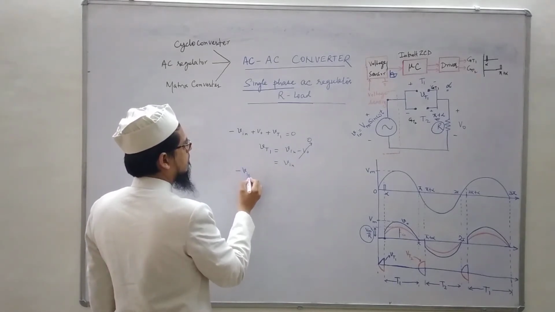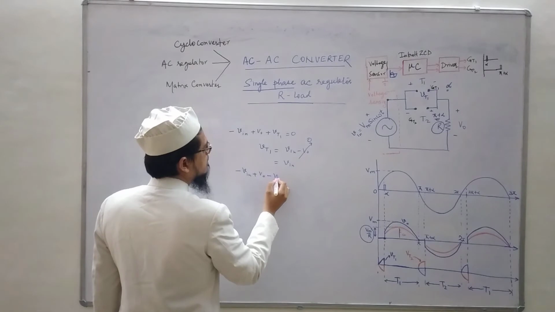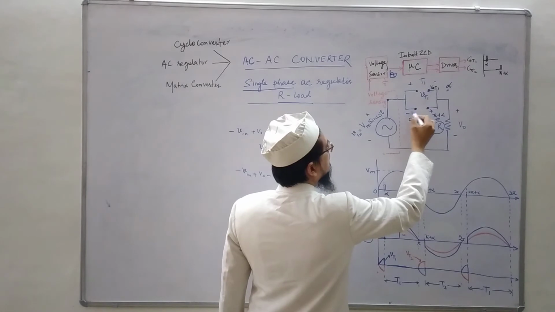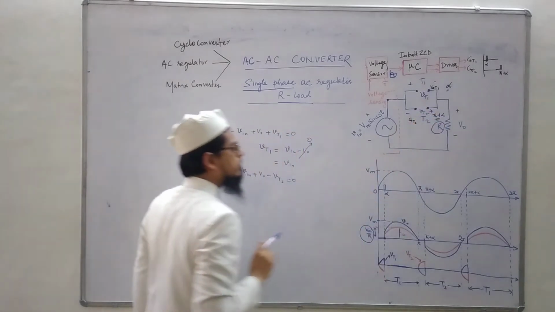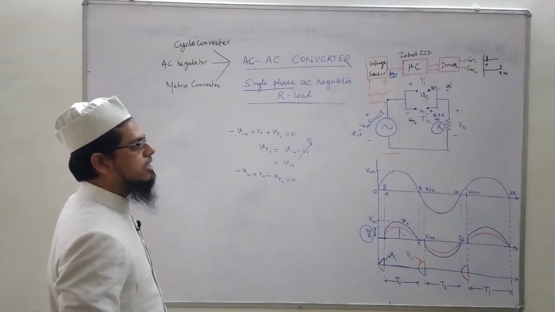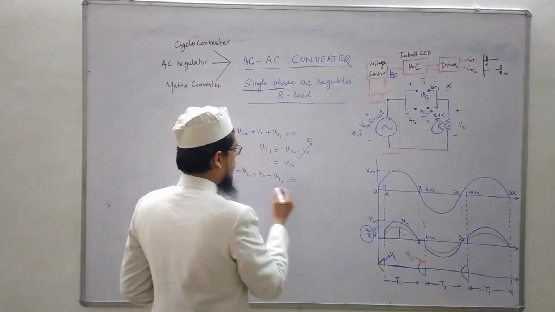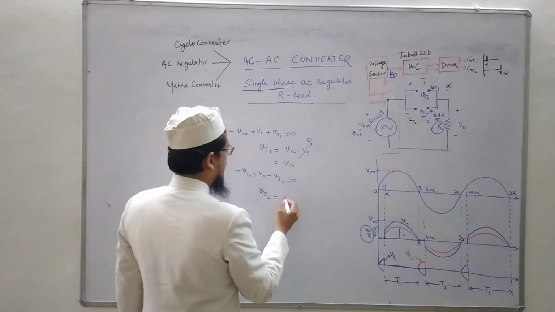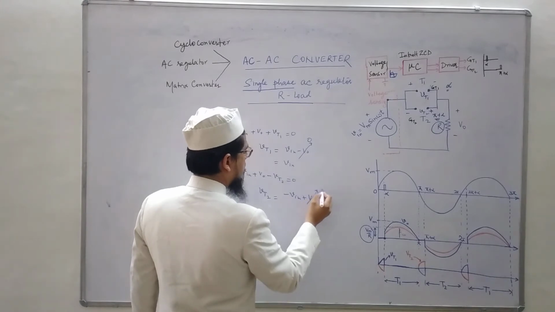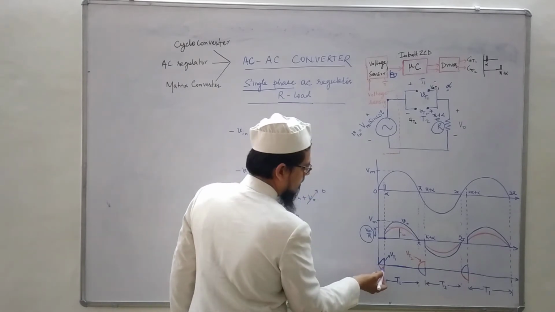What about Vt2? You could see that it's the same equation, but now here we have a minus sign: minus Vt2, and that is equal to 0, because now plus here and minus here for Vt2. Anode is not on that side and cathode is this side. This is the normal sign convention we take in case of a switch. So that means Vt2 will be equal to minus of V in plus Vo, and this is 0. So that means minus of V in. I have shown it here.